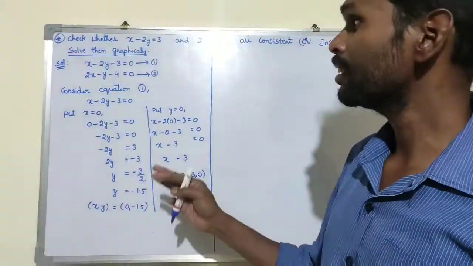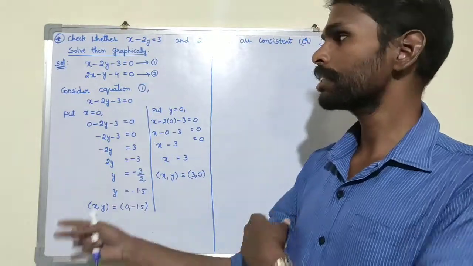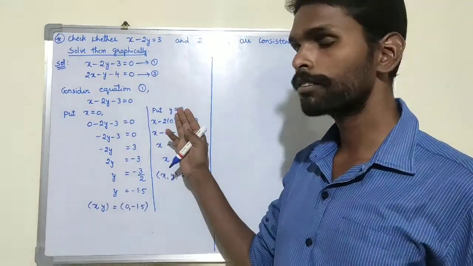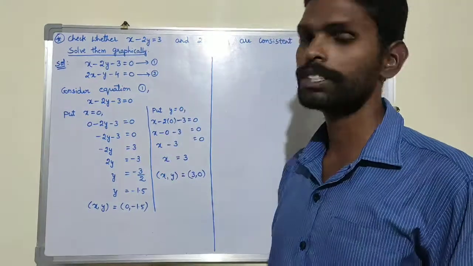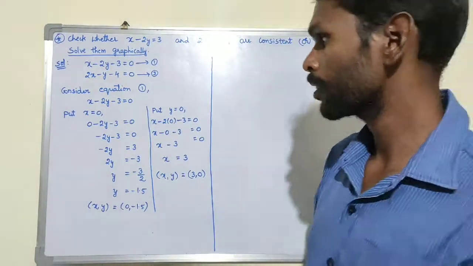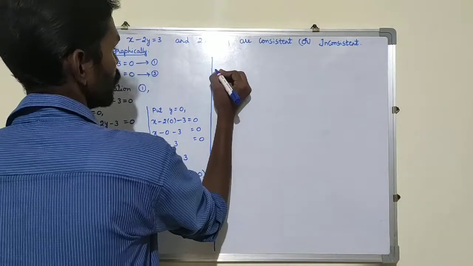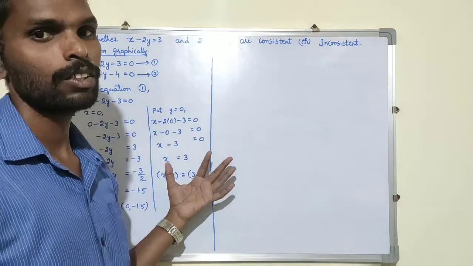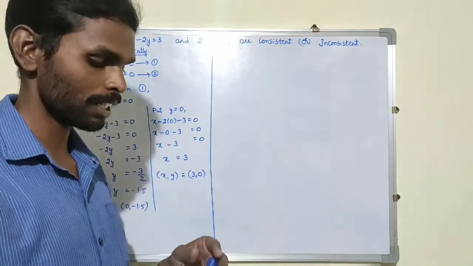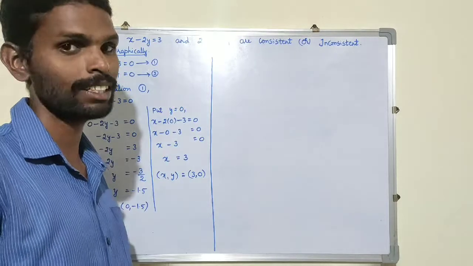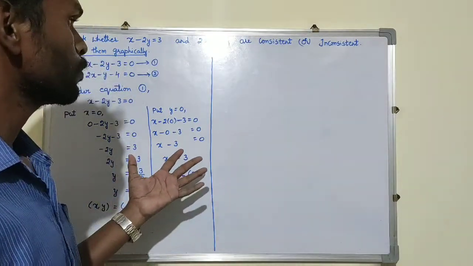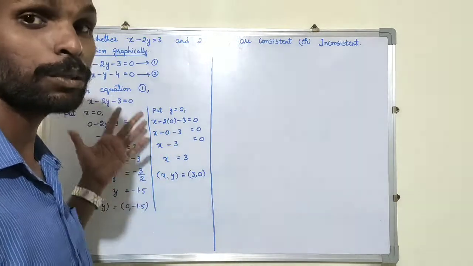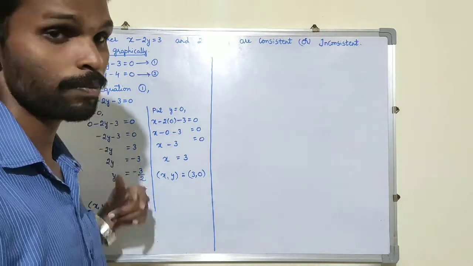similar way, consider equation number 2. After considering equation number 2, take the x value, you will get the y value. Take y value equal to 0, you will get the x value. Now see, I am doing the second equation this side, but in your examination you should follow the presentation rule, as I said already in earlier videos. Because of space I am writing here, but you need to continue the second equation part in the next page.